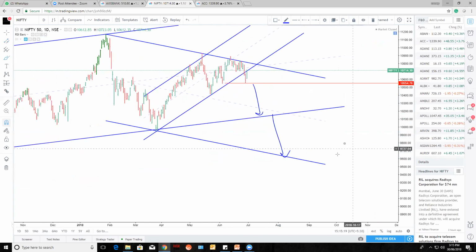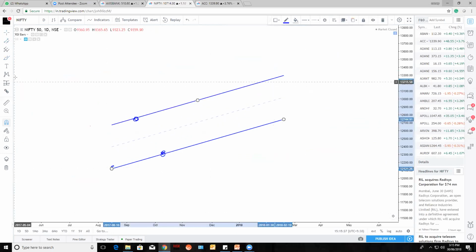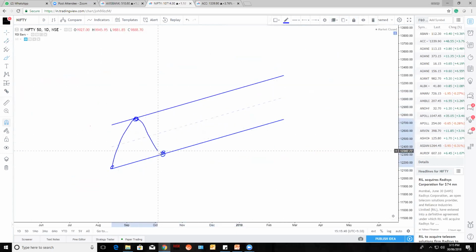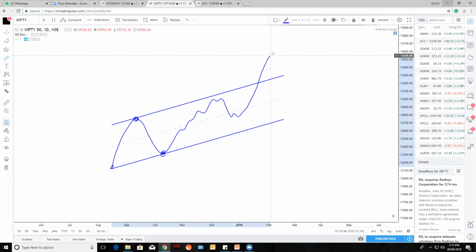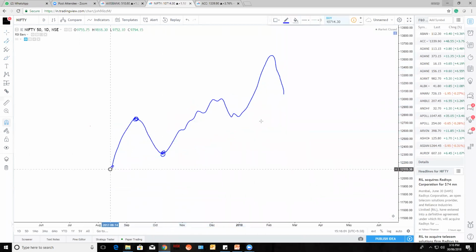Okay. And there is one condition, I will tell you how you need to change the channel. For example, let's say this is one lower point, a second lower point and a third lower point. Let's say it moved like this. This is your first channel. The price moved like this. It came down and it went like this, and came down, and it broke the high and it came down. So again, you need 2 points to make a channel. So here you got 1 point, then 2 points. You need to shift the channel. So your present channel is this. You just remove it, or you can stay in that channel only, but draw one more channel.